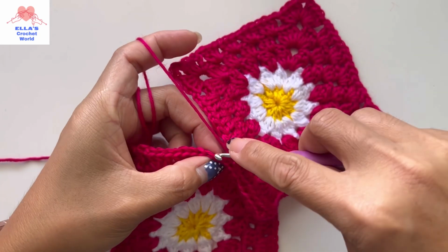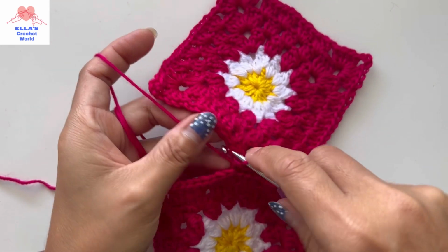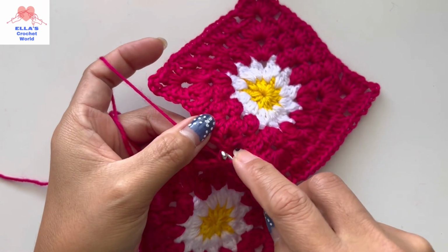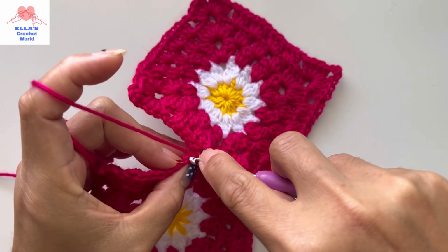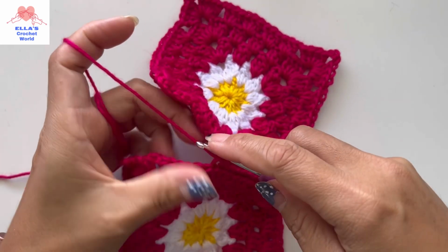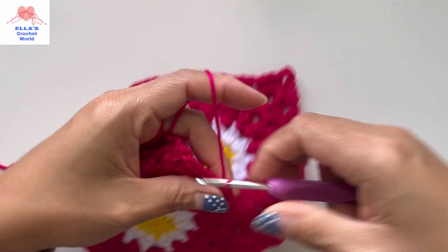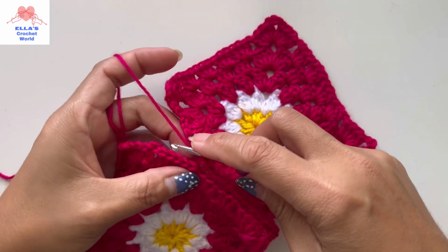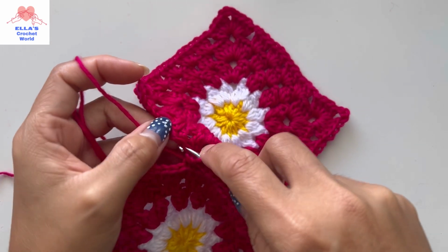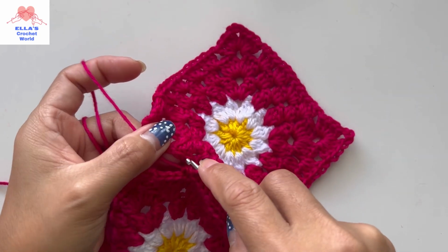So just continue. Grabbing from the right, left, and then yarn over, pull through, grabbing from the right and then left and then pull through. It is easy once you started. It's just the start, because the pieces are not fixed, so you struggle. But as I mentioned, once you pass that stage,